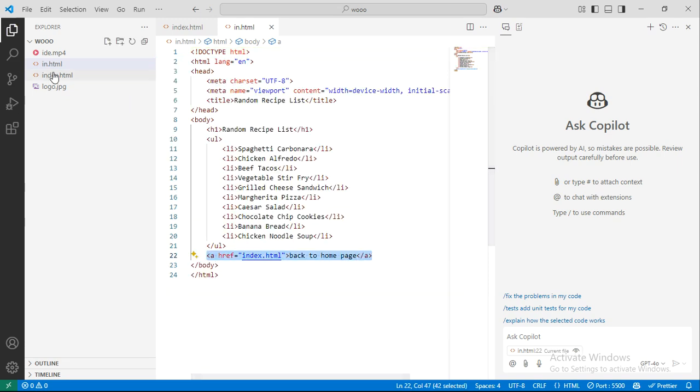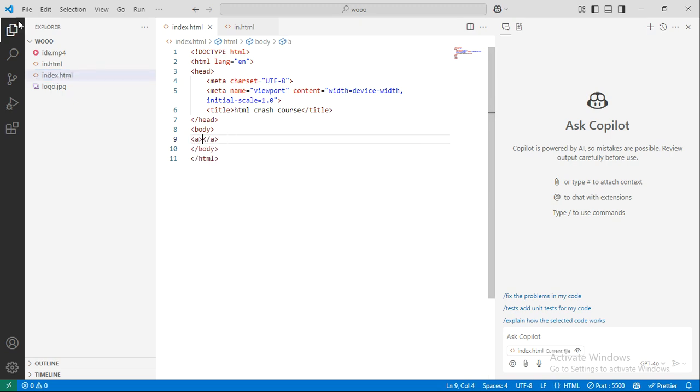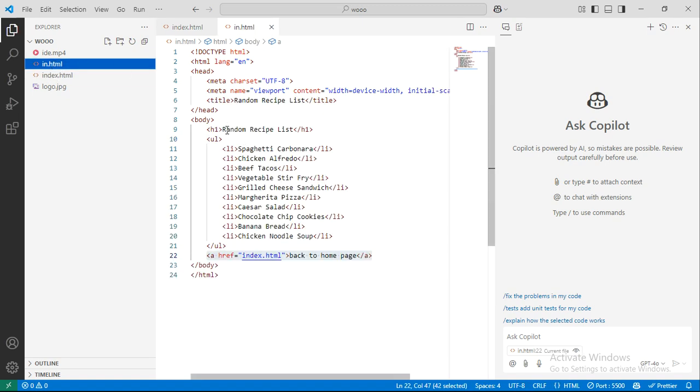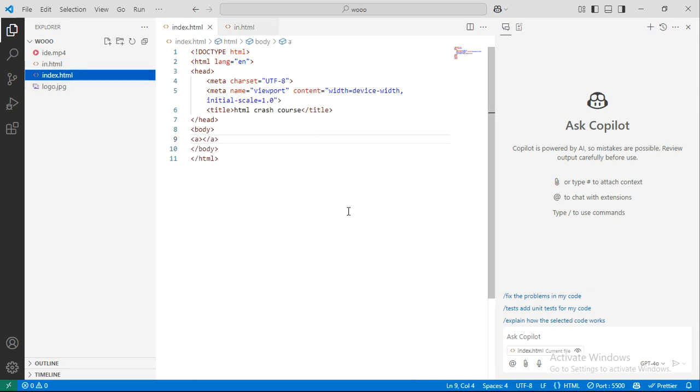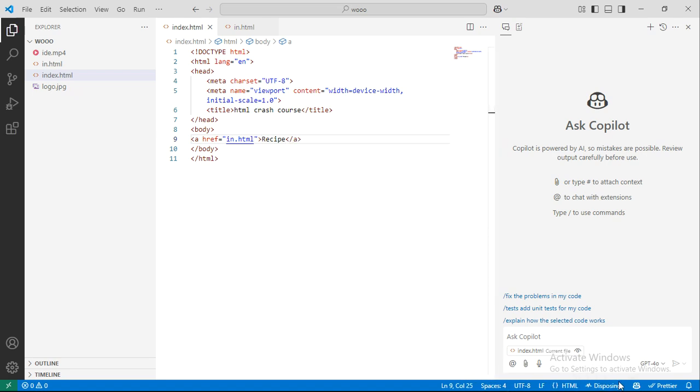So as you can watch, now if I open the storage table, I can add another anchor tag over here, and href. So I would give a space so it could know it's an attribute, equals, not a symbol. Okay, so now recipe. Okay, just let me keep it like this. And if I go right now,